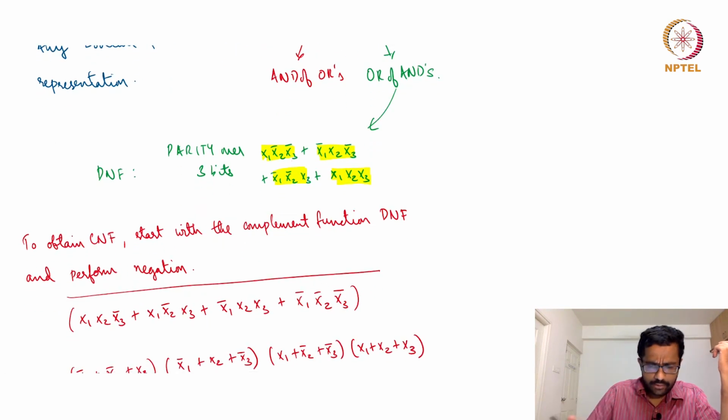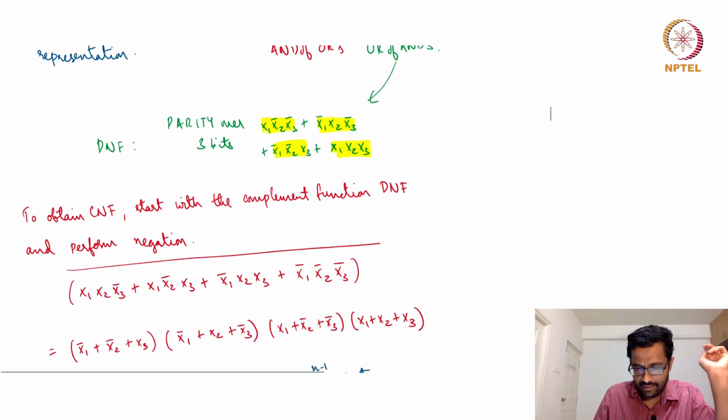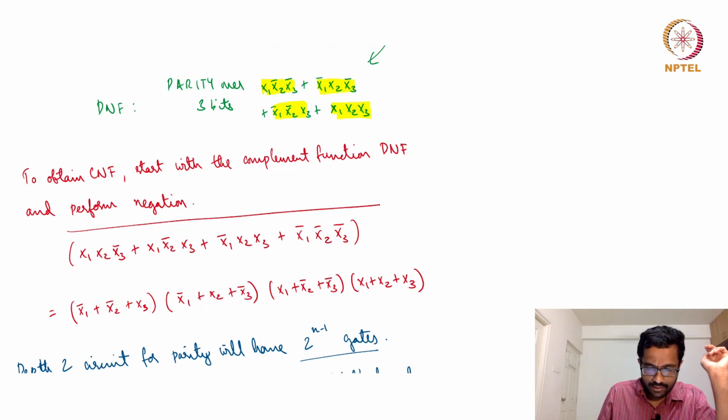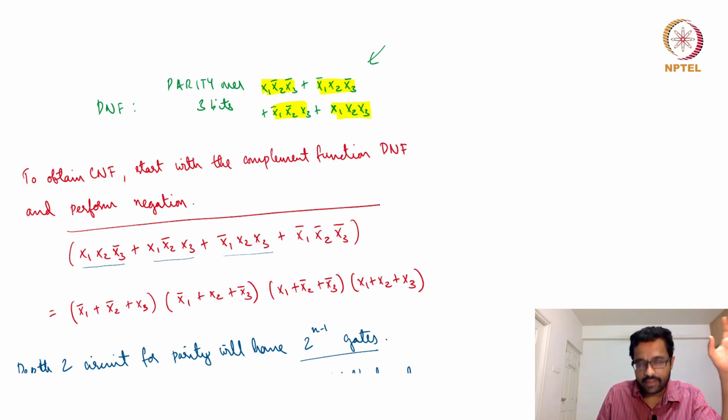And you can get a CNF expression by taking the negation of parity and then taking the complement using De Morgan's laws. This may sound a bit confusing, but let me show. So what is the negation of parity? It is all the terms that are not here, right? So the first term here, x1, x2, x3 complement, is true when the input is 1 1 0. The second is true when the input is, sorry, 1 0 1, right? The third is true when the input is 0 1 1. So basically all the cases when there are 2 1s,